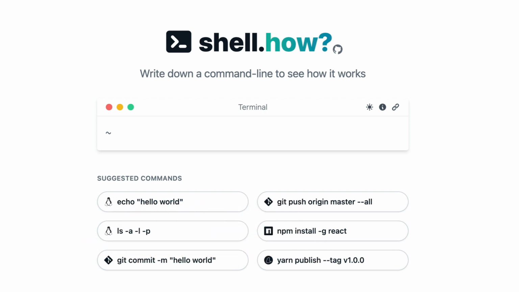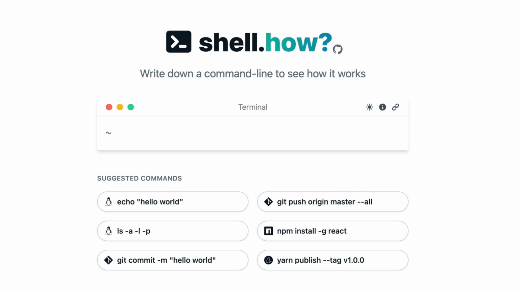But a lot of times, a lot of developers just search online, go to Stack Overflow, copy and paste, and ultimately do not understand what a shell command does. That is where I came across this website called shell.how, and it is an amazing gift for developers to improve their shell knowledge and also productivity.